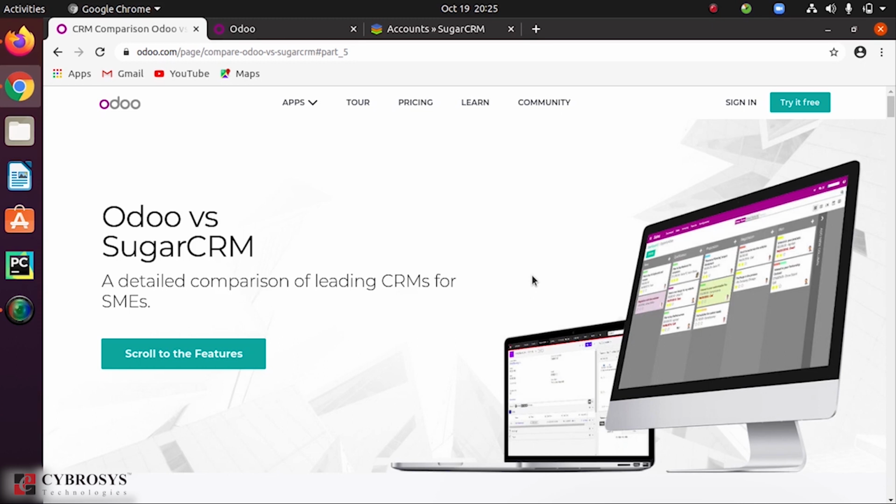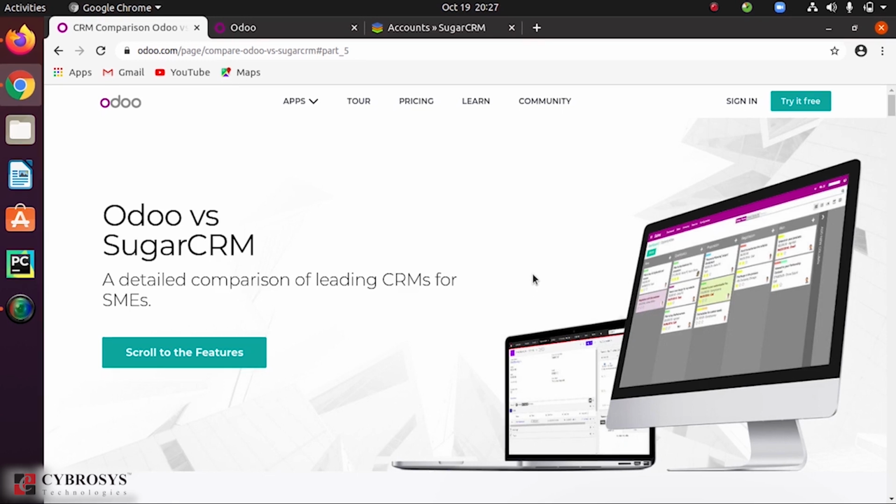Sugar CRM is a web-based CRM application that is available in open source or in a commercial version. Its modern interface helps both the employees as well as the customer to better engage, and it also includes a mobile application. Sugar CRM is divided into four editions, that is community, professional, enterprise and ultimate. The solution is available both online as well as on-premise with the possibility of customization of both versions.